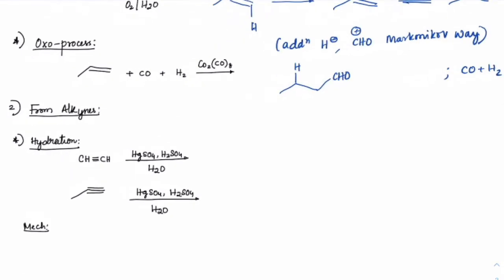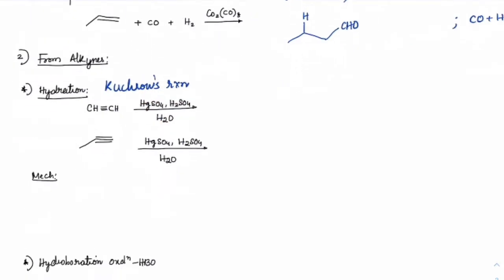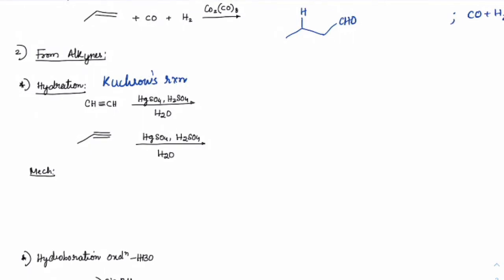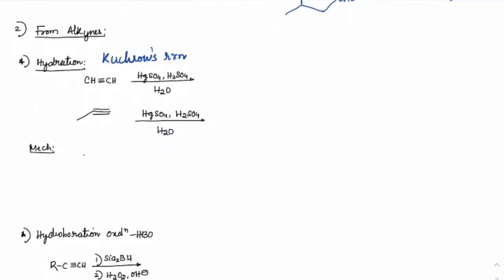Alkynes, we have already gone through hydration reaction known as Kucherov reaction. To remind you on the same, Kucherov reaction, what exactly happens? First, we will have a mercury bridge which is formed. Okay, maybe I'll give you the mechanism, that will be easier. See, first CH triple bond CH on which Hg2 plus is added as a bridged compound